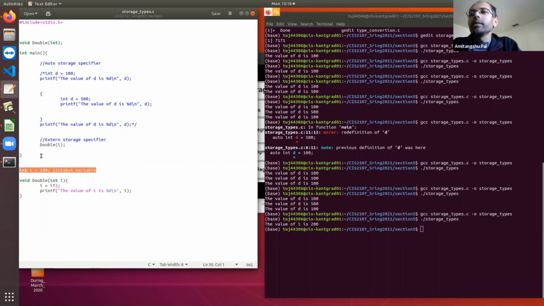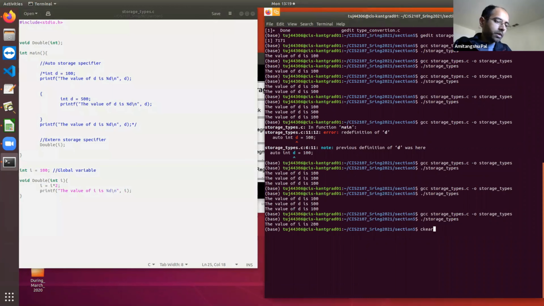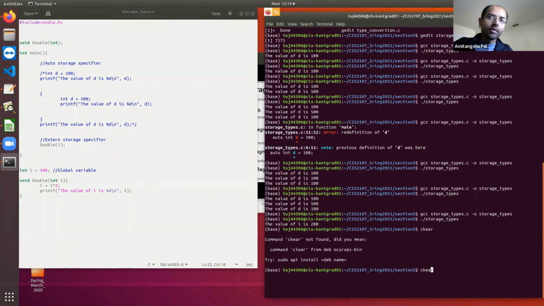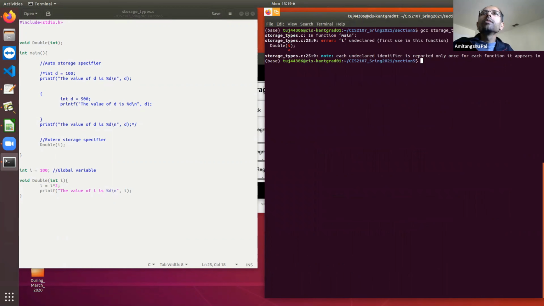So i is a global variable. But if you run this, it is going to give an error: i undeclared in line 25.